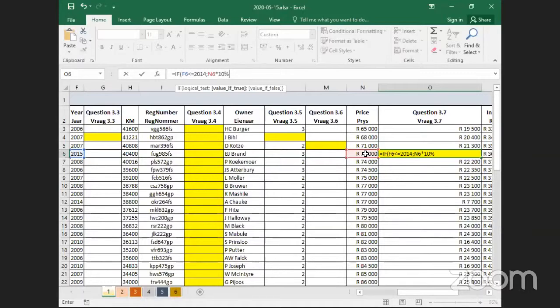And we say there, comma pin, and we've got a value if false. We don't have a false value. We need a new one. We need a new if. So we say if again. And we've got a logical test there. And with the logical test, we have to say again, if